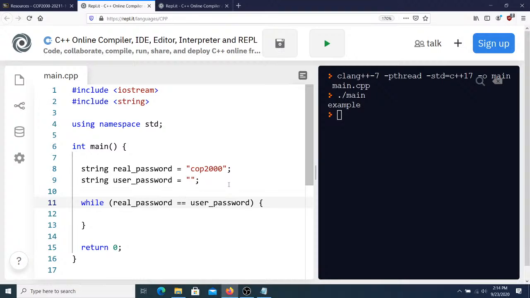Okay, so here, knowing that the two passwords are equal, I don't really care about that. What I want to know is if they've entered in a bad password. I want to know if they're not equal. And so to do that, remember we very briefly talked about that, but I think this is the first code example we'll have. To check that something is not equal, we use the exclamation point equal. And it's saying if the real password is not equal to the password that they provided,